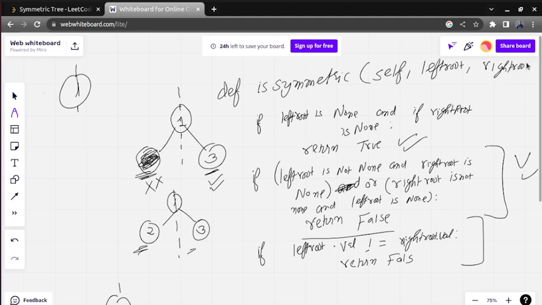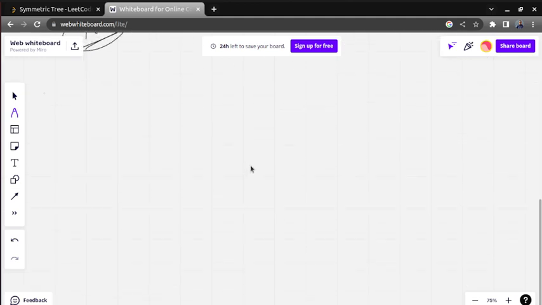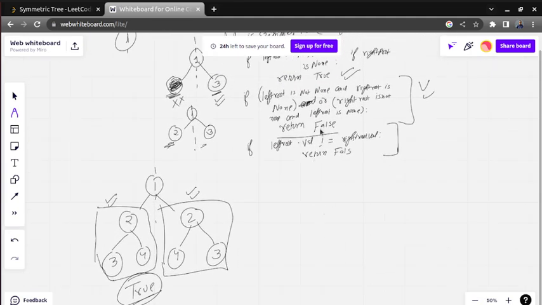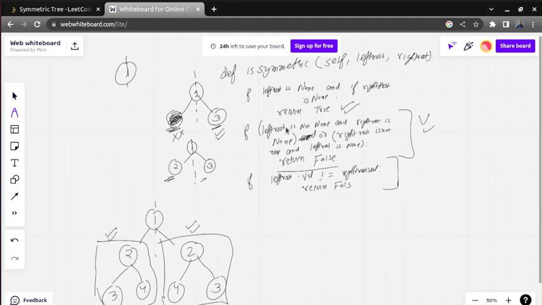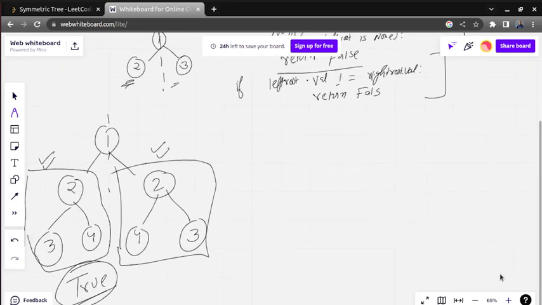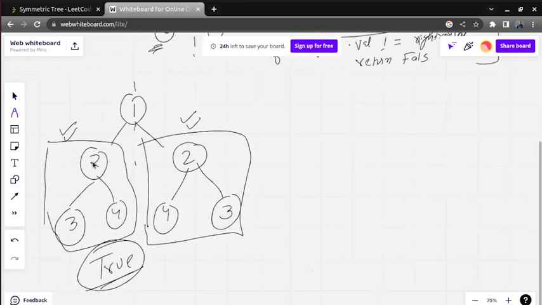From the main function we need to call that function by sending the left hand side and right hand side, and if they are equal it will return true. Now see the example again. Suppose this is the left hand root and this is the right hand root. Now how are we going to compare the elements?